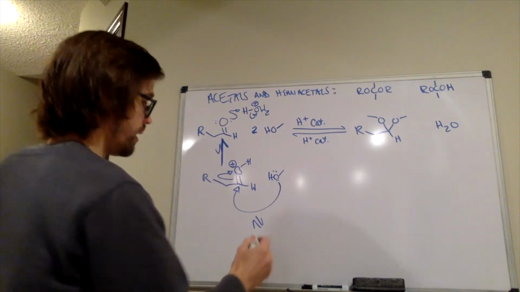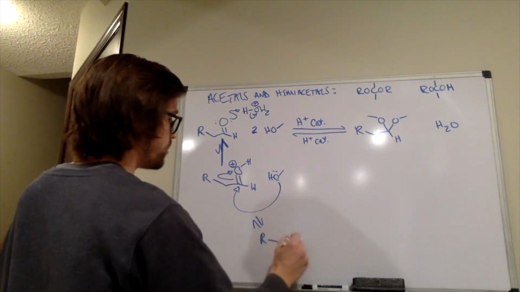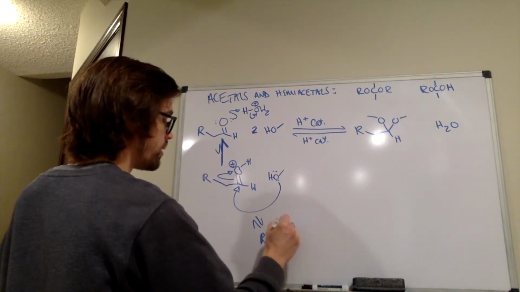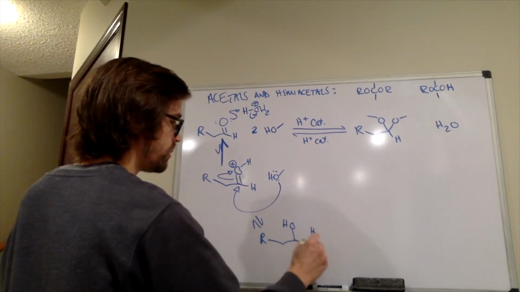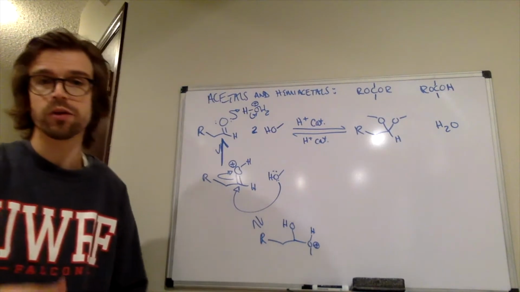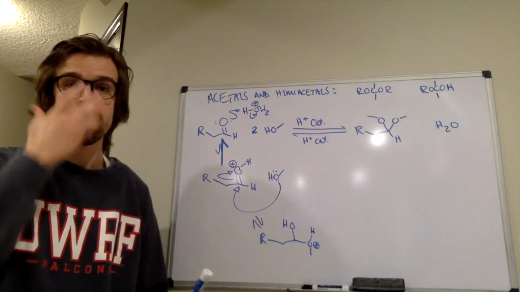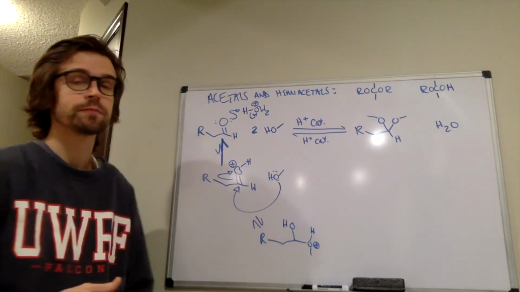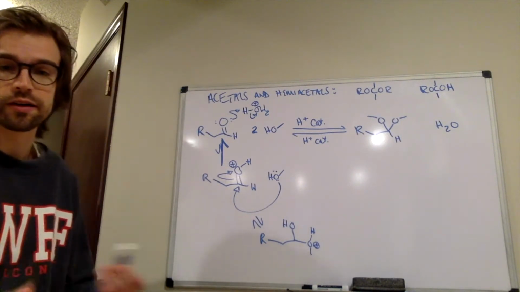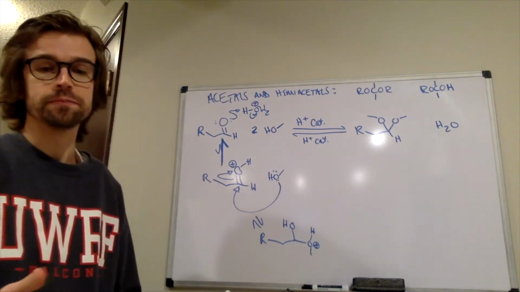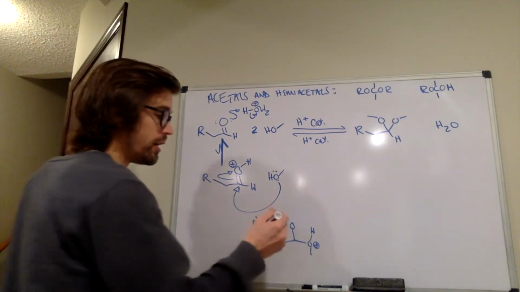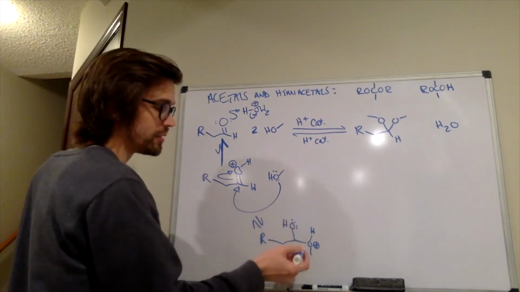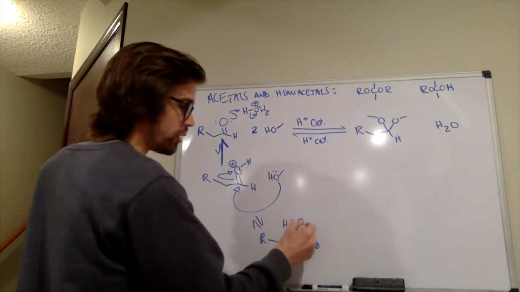So that would provide us with this intermediate, where now we're going to get different proton transfers that aren't favored one way or another. They're equally likely, it's basically a 50-50 type thing, right? So this oxygen has 2 bonds, it's neutral. This oxygen has 3 bonds, it's